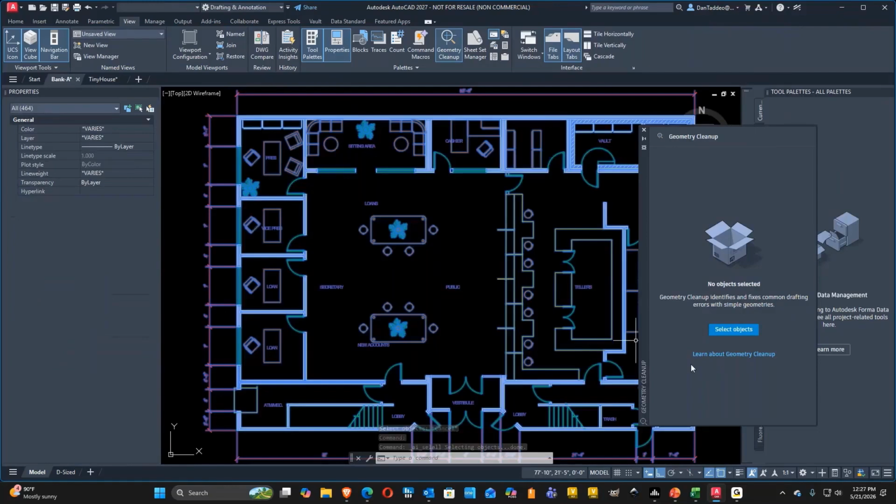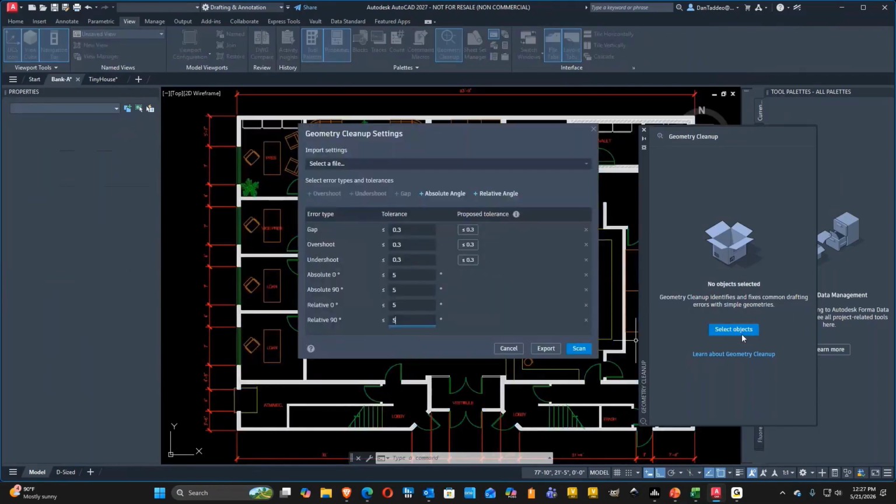And then before you start, like when you start the first time, you're going to get a configuration that asks you, okay, what are the gap sizes? What is the overshoot? So all of these are things that it detects. So starting with this top one right here where it's a gap, it's looking for geometry where there's an actual